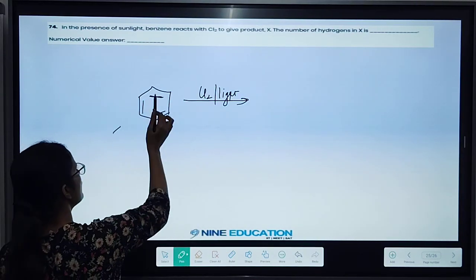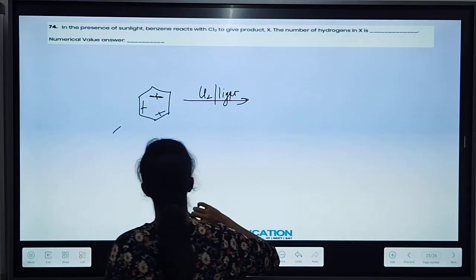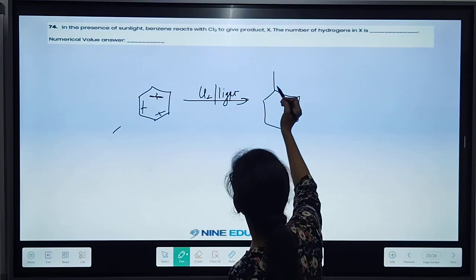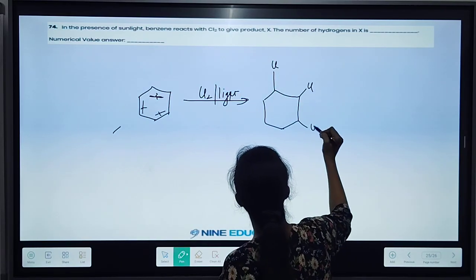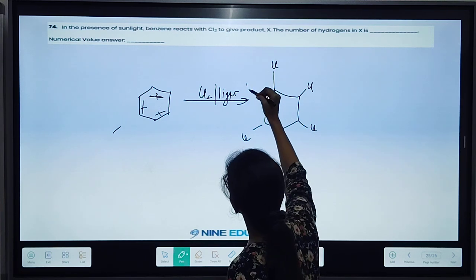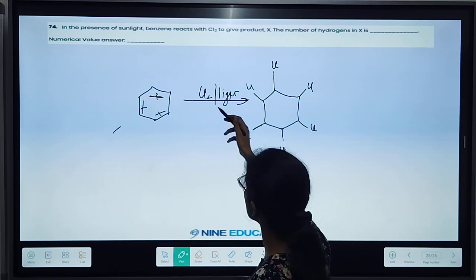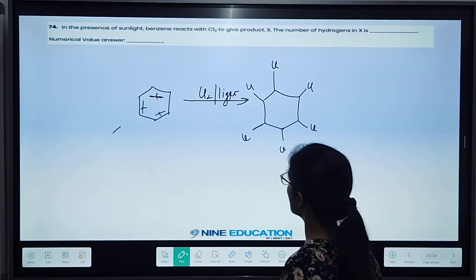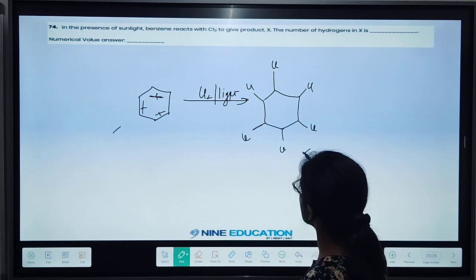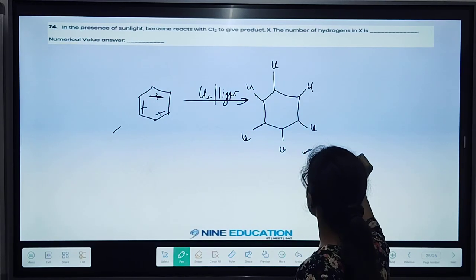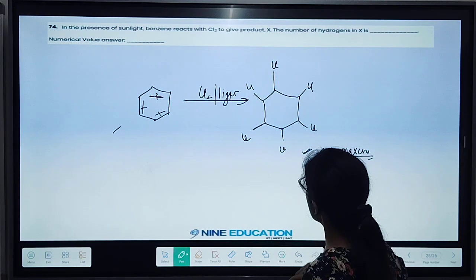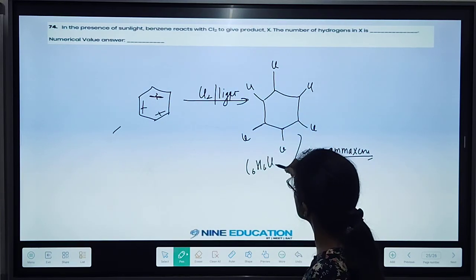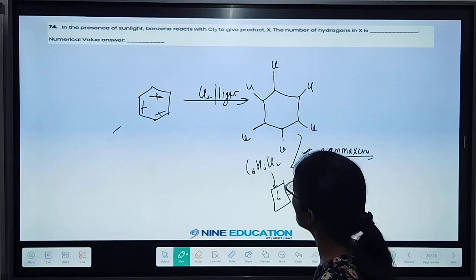In this case, benzene actually shows addition reaction with the Cl2. It gives us addition of the two chlorines in the pi bond. Okay, so we'll be having Cl here, here also we have Cl. Normal addition reaction through radical mechanism, and it will be giving us this compound, which is 1, 2, 3, 4, 5, 6 hexachlorocyclohexane. Okay, and we have one common name also for this compound, which is gammaxene. Now we need to talk about how many hydrogens are there. So the formula is C6H6Cl6. How many hydrogen? 6. So this would be the answer here.